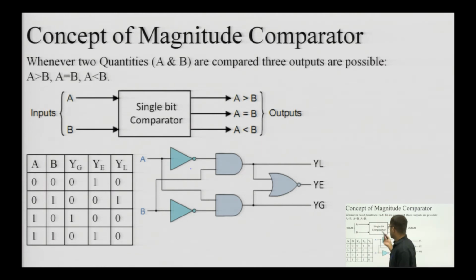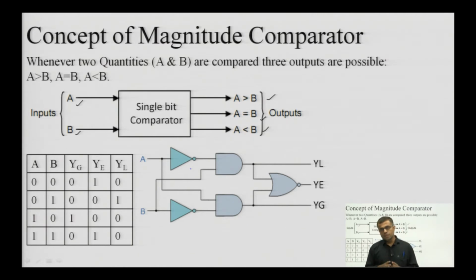Okay. So, this is another combinational circuit in which we will be comparing 2 numbers A and B, and the outputs can be A greater than B, A equal to B, A less than B. So, for any comparison there can be these 3 outputs no matter what the size of the comparator is. A and B can be of a single bit, 2 bits, or n bits. Okay. So, this is how to implement that concept.